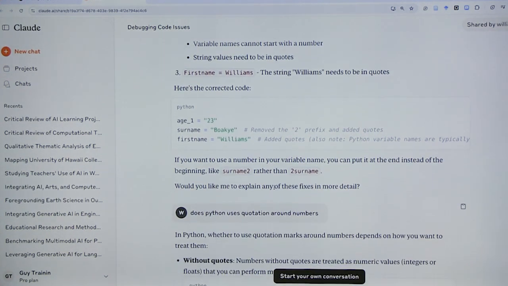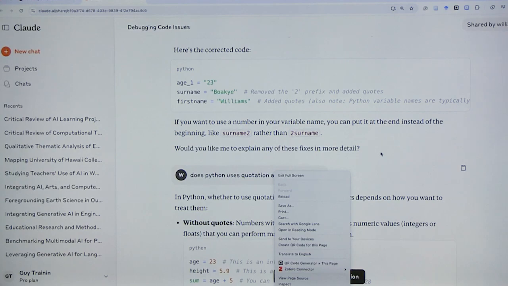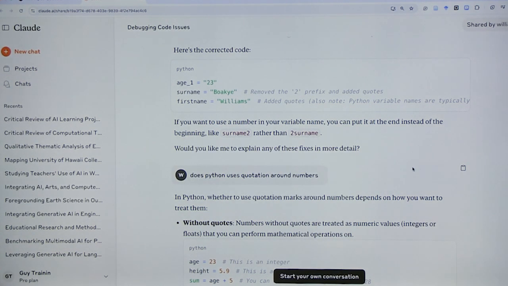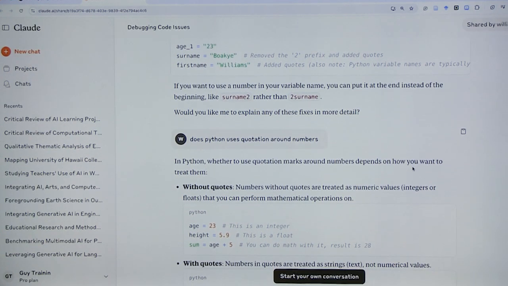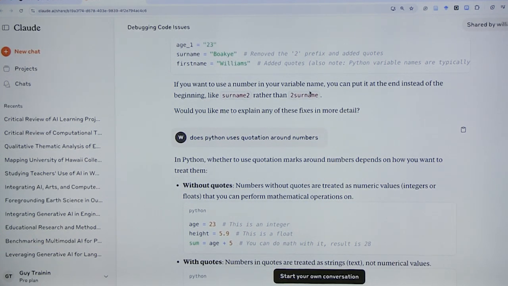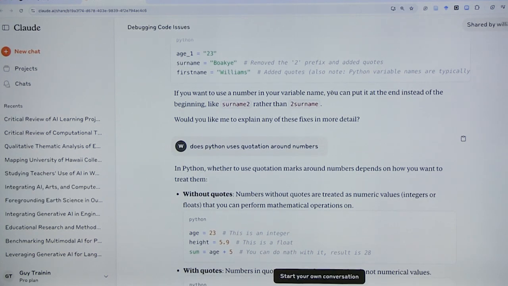But with the surname, it added quotation marks around the name, seeing that the name is a string, and strings should come with quotation marks. And the last one, first name. So here we can see what Claude said. If you want to use a number in a variable name, you can put it at the end instead of at the beginning. For example, surname2, rather than 2surname. So that was the error found in the code.